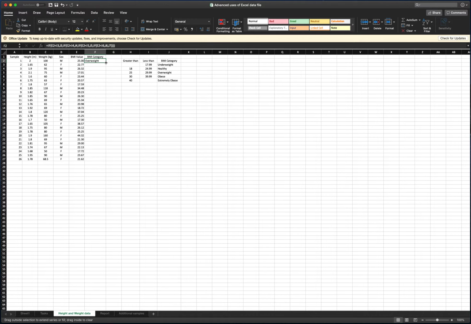I can now copy this down and get things that don't look quite right. Pick up this one, for example, 17.01 comes up as obese, is actually underweight. So something's gone wrong. And the thing that's gone wrong is that when I copy this equation down, the reference to every one of these cells is copied down. So E2 becomes E3, I3 becomes I4. Let's just see that working. E2 becomes E3, I3 becomes I4,